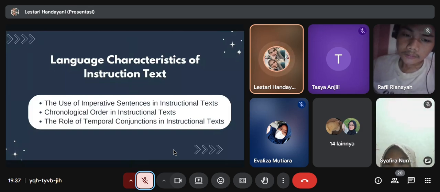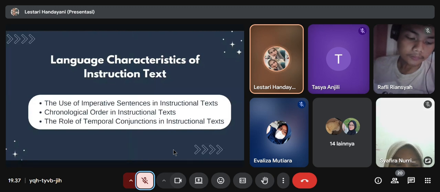One of the main characteristics of instructional text is a presentation of steps in chronological order or in order of time so that the reader can follow the process accurately. Based on Suherli et al. 2021, explained in a video tutorial module on cooking, instructions are arranged in chronological order. The steps are presented systematically.